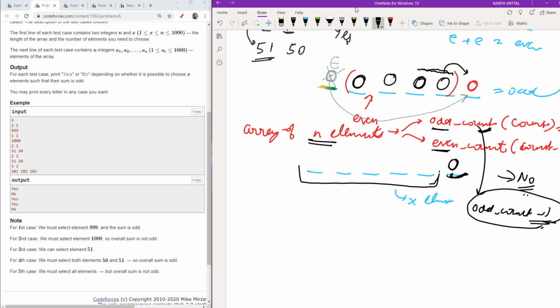I will first of all place my odd numbers in pairs. How? If the remaining odd numbers, let's suppose, are 6, I will place them in pairs, odd odd, odd odd, odd odd, so that it makes it even.